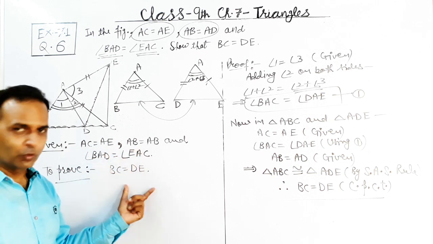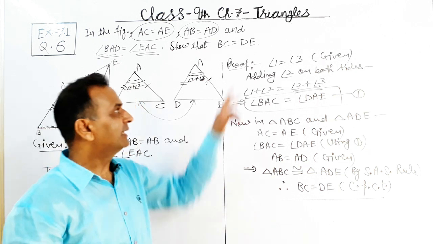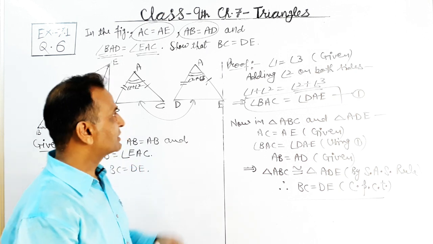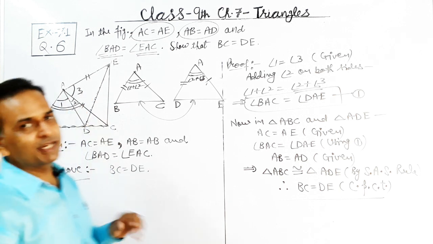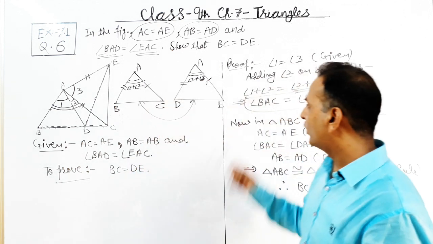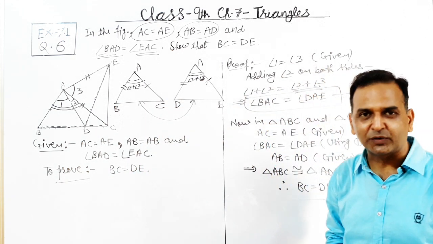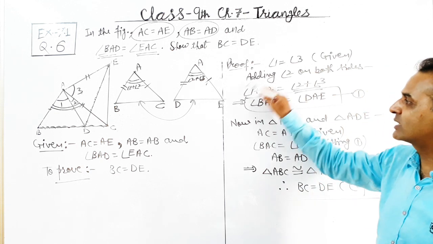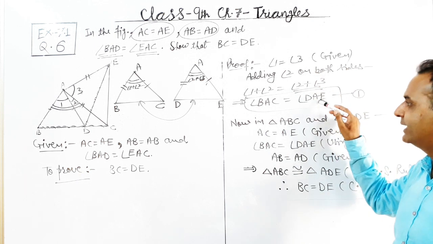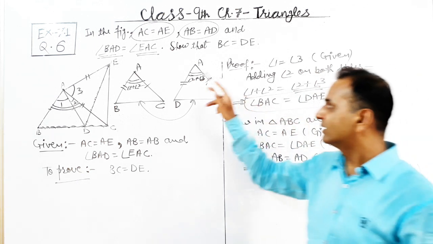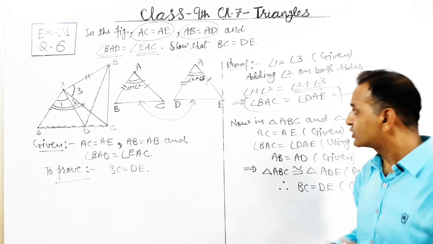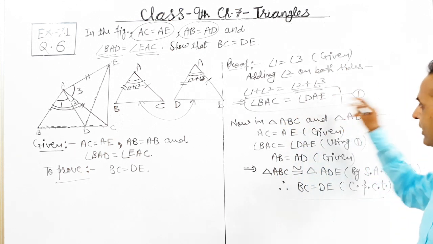Given is the same, to prove is the same. There is no construction at all in the proof. Just one point which we have obtained ourselves, you have to remember this step. Because angle 1 and angle 3 are already equal, it is given, we have to add this middle angle number 2 on both sides. So angle 1 plus 2 will become equal to angle 2 plus 3. The single name of the sum of the first two angles is angle BAC, and the name of the sum of the other two angles is angle DAE. Angle BAC equals angle DAE, this is the required point which we have obtained, result number 1.